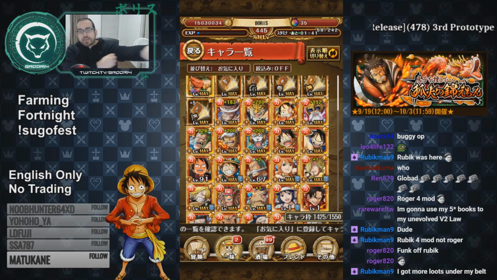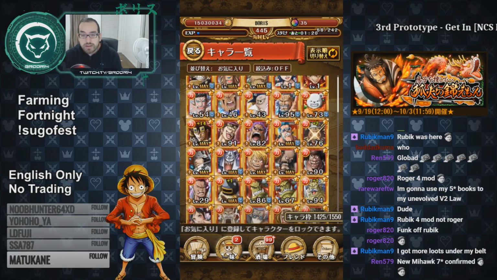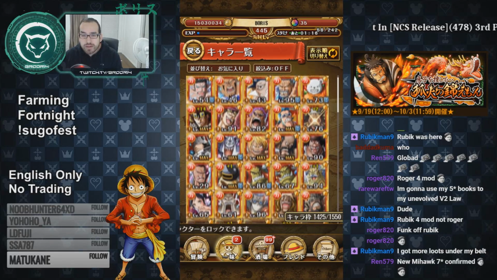Now, something else to note is that I did get 3 golden 5-star books. I didn't get that many, only 3. I think one of them was a dupe from Buggy, and those I already used. So I'm going over what I already used so you guys get an idea. I used 3 gold 5-star books already. I used 1 on, maybe it was only 2, I don't remember, but I remember I used 1 on my